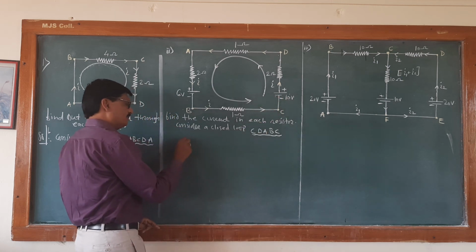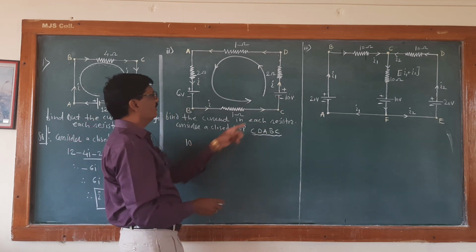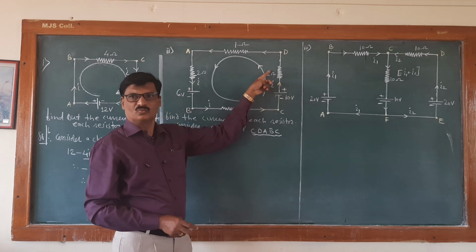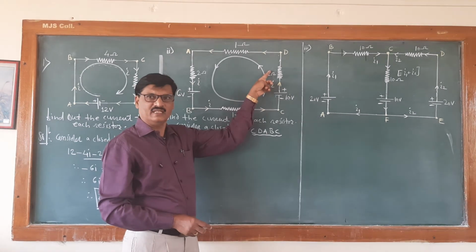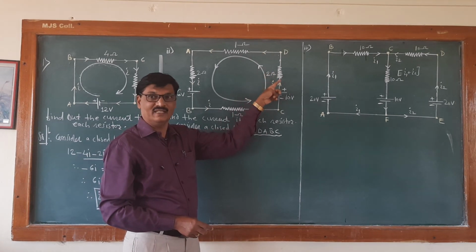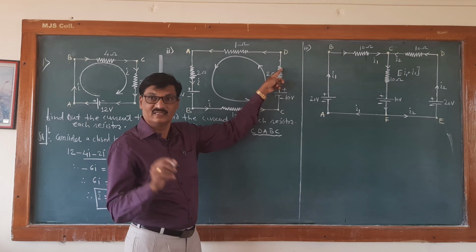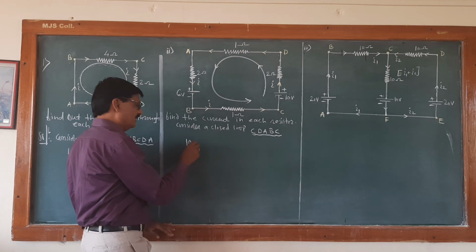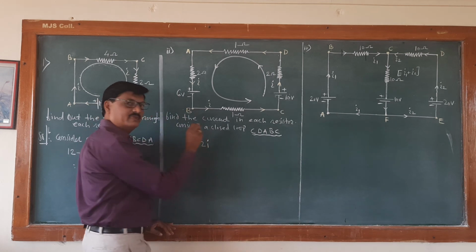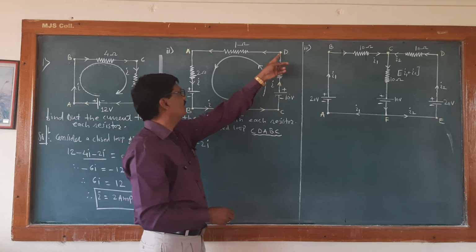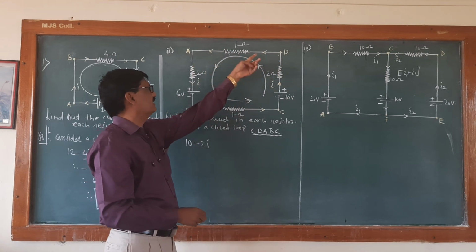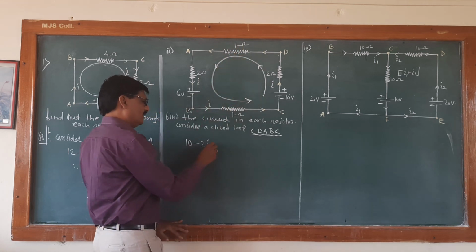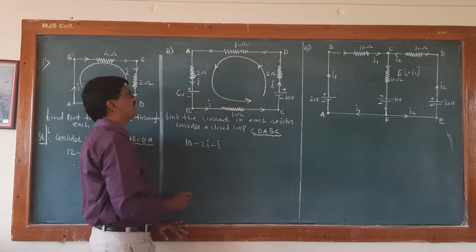Therefore, this becomes plus 10. Then if you travel through this way, this 2 multiplied by I is equal to 2I. Again using sign convention, potential difference taken in the direction of conventional current is negative, therefore it becomes minus 2 times I. Again go to this D point to A point, this is the direction of conventional current, and again this is negative, that is 1 multiplied by I, that is minus I.